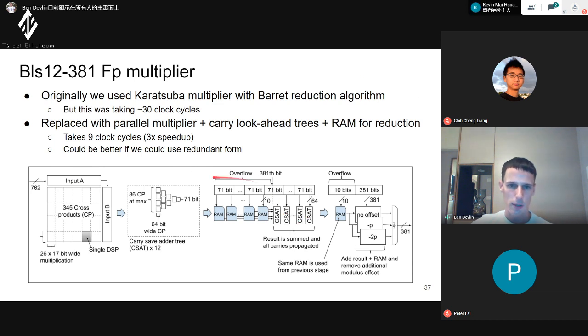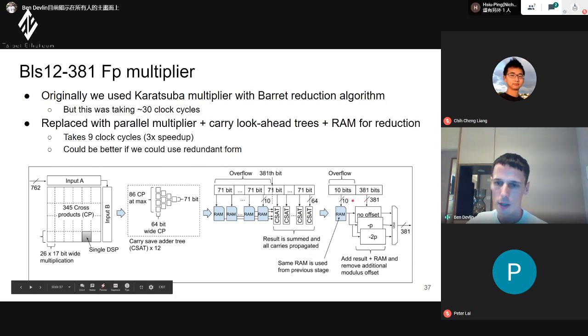So I mentioned here we don't use a redundant form just because the architecture was based on not using one, but possibly using a redundant form for our inputs and outputs would help because we wouldn't have to propagate these carries. But once we've propagated, we have one more stage of RAM reduction, and we can use the same RAM as before.